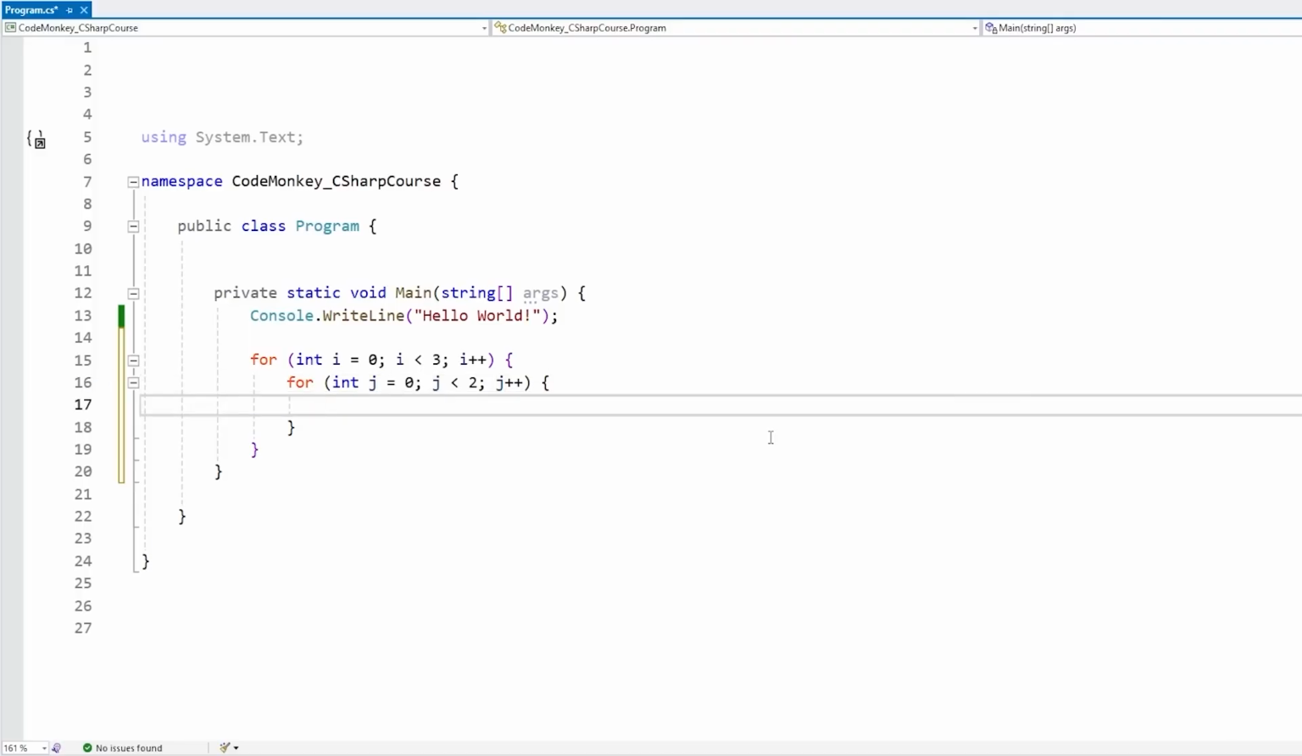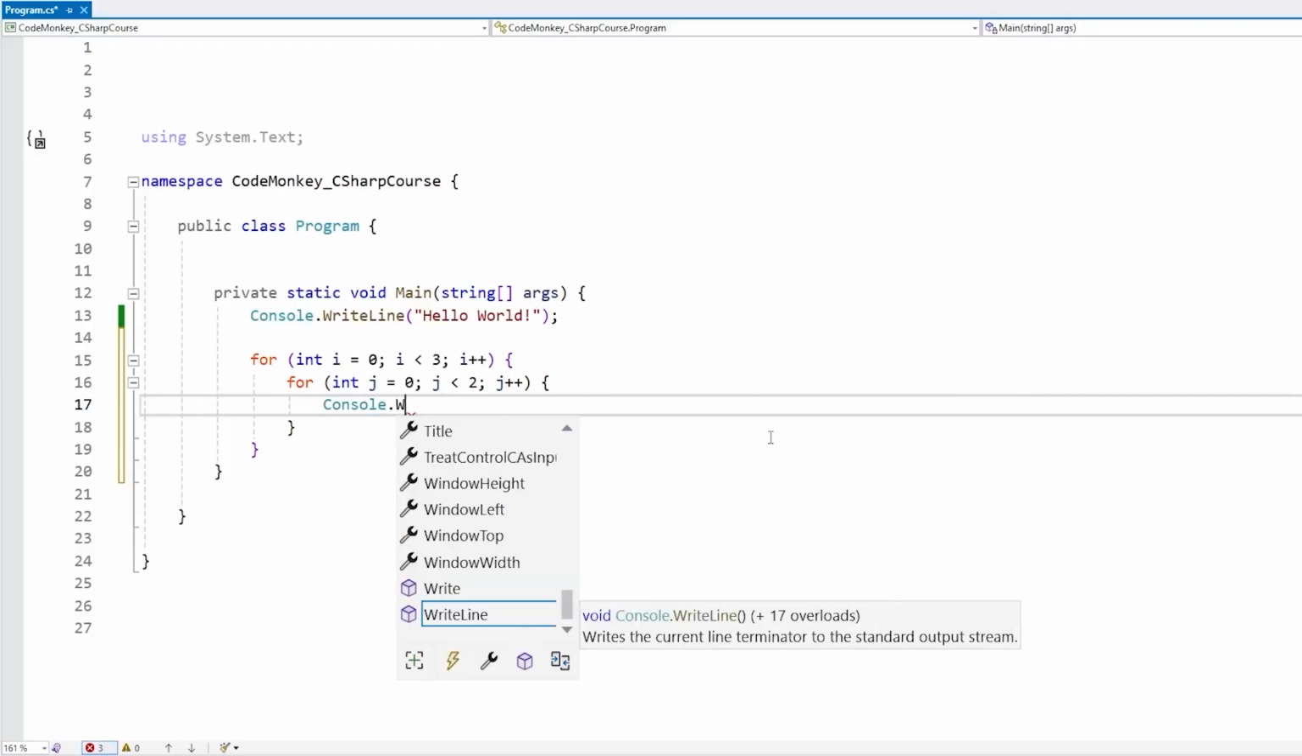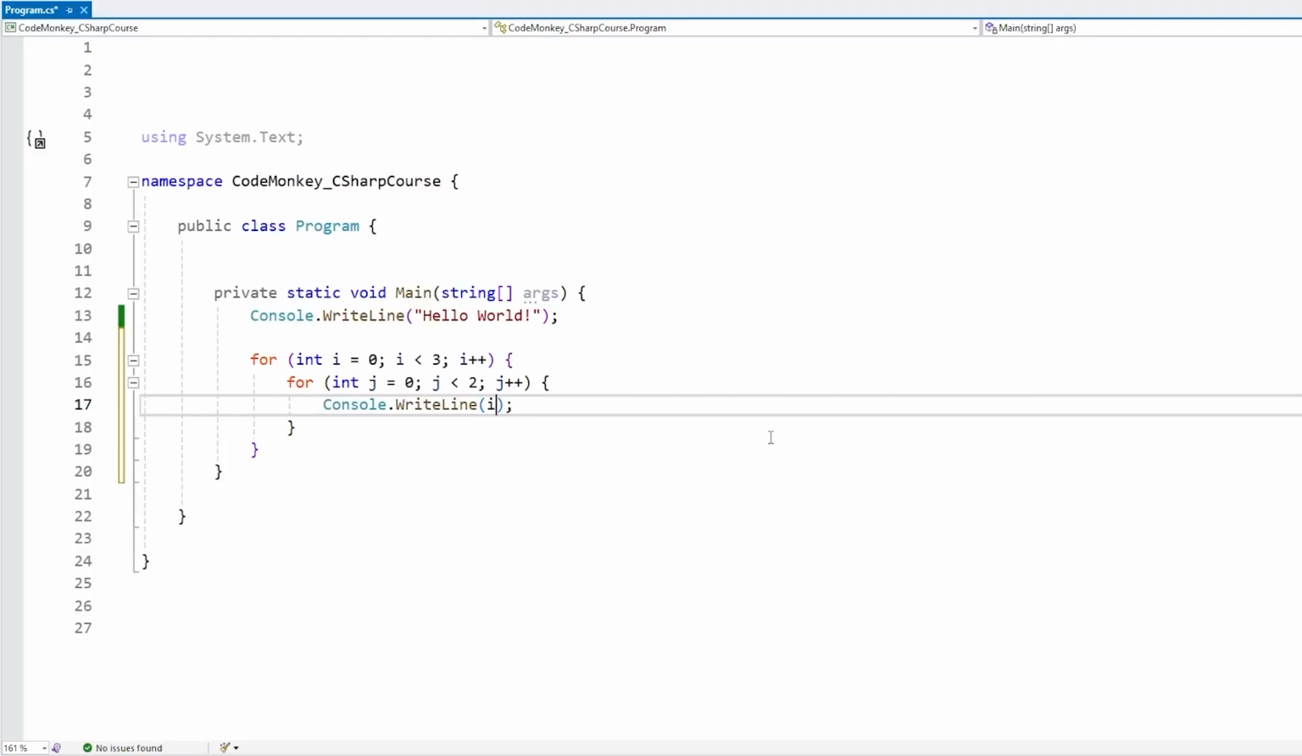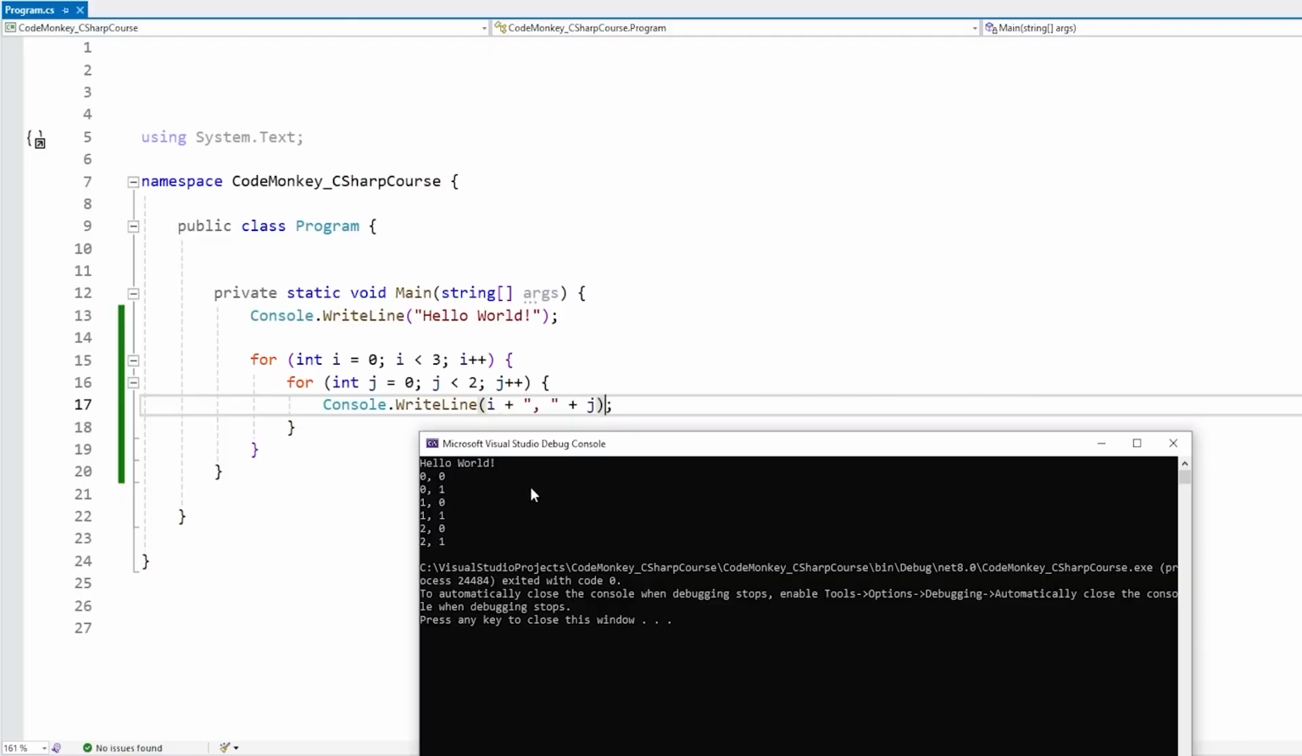So over here, let's do this. Let's do a loop inside another loop. And now let's print out the i and j to see exactly how this code is running. So let's print out i, then a little comma, and then j. Okay, let's see. And there it is, so we start off with an i of 0 and a j